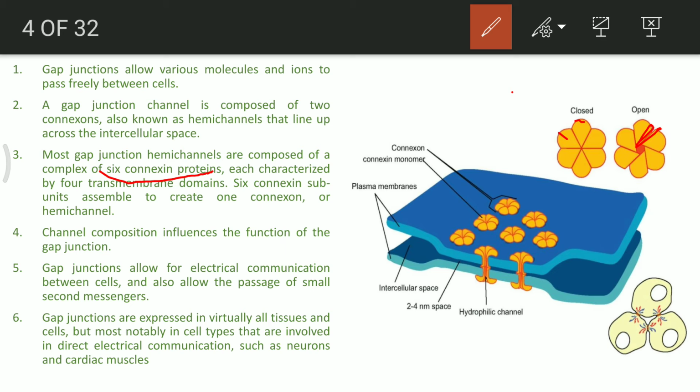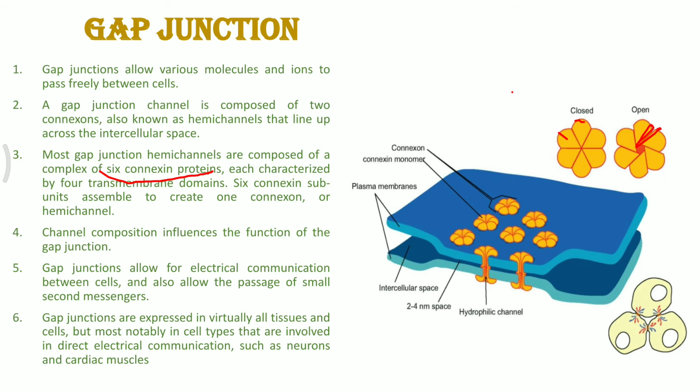These gap junctions are expressed in virtually all tissues and cells, but most notably in the cardiac cells and the neurons. You can imagine that the electrical impulses generated by the SA node of the cardiac muscle are transmitted from the SA node to different parts like the AV node and other fibers with the help of Purkinje fibers and gap junctions. Here the fluids are not flowing, the electrical impulses are flowing. Similarly, in neurons, the electrical impulses flow with the help of the same gap junctions.